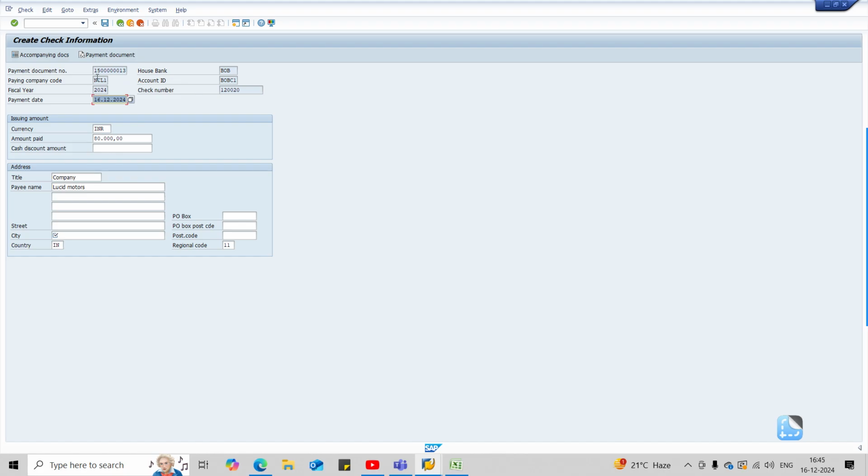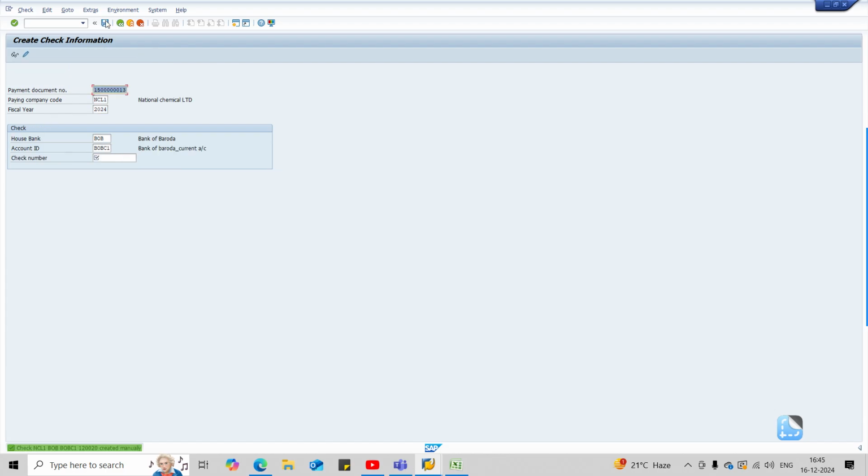नेक्स्ट क्या करेंगे, चेक नंबर एंटर, पेमेंट डेट, अमाउंट, करेंसी। सेव। चेक NCI1 BOB क्रिएटेड मैन्युअली। ठीक है, यहाँ से हमने उस वाली जो पेमेंट थी उसको इस डॉक्यूमेंट नंबर के साथ लिंक कर दिया है।